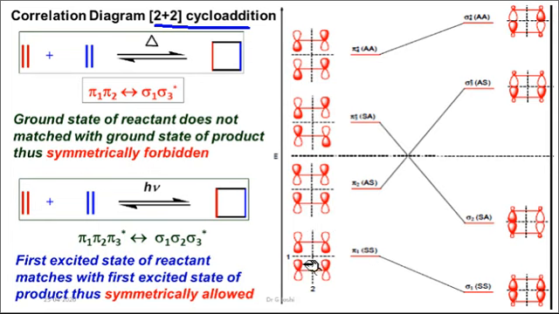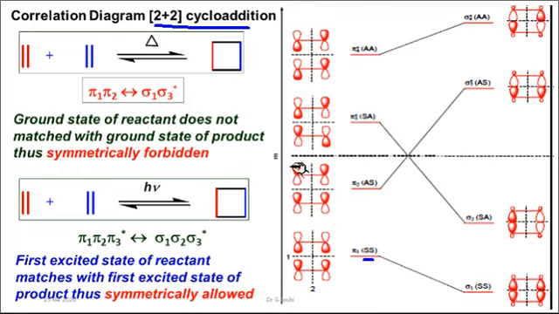Based on their symmetry, we'll assign whether the orbitals are symmetric for both. In this case, if we put a mirror plane over here, the image of the first half will be the second half. It means it is symmetric towards sigma V. Similarly, if we put a plane over here, then the upper half will have a mirror image of the lower half. That's why this system at ground state has symmetry towards sigma H as well as towards sigma V. Therefore, it is referred to as SS. Pi 1 will be symmetric towards the sigma V plane as well as symmetric towards the sigma H plane.